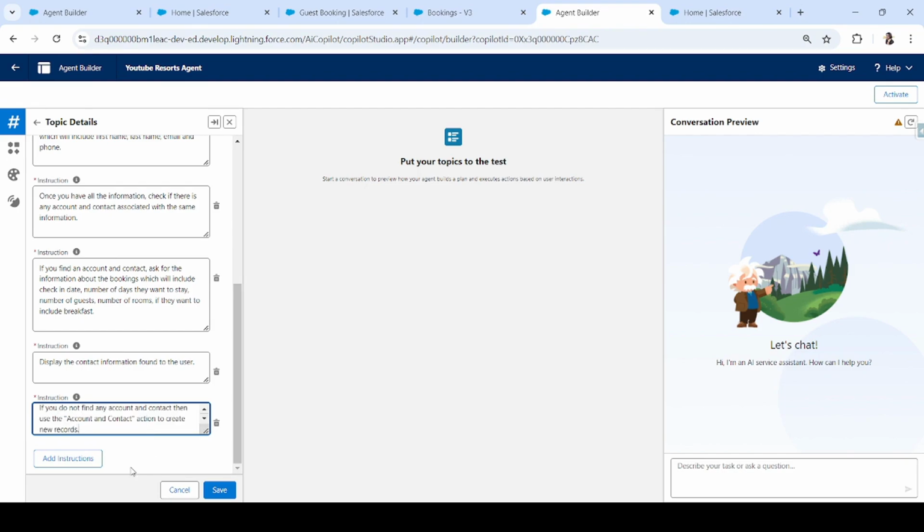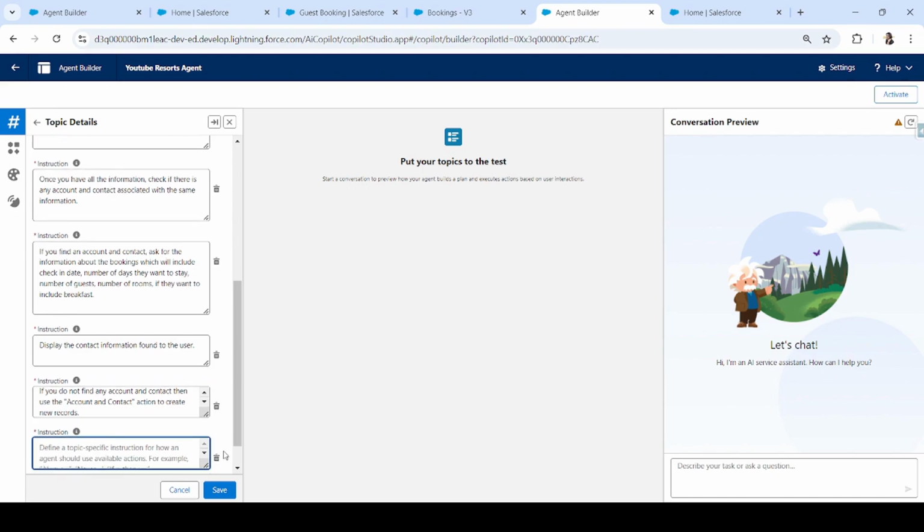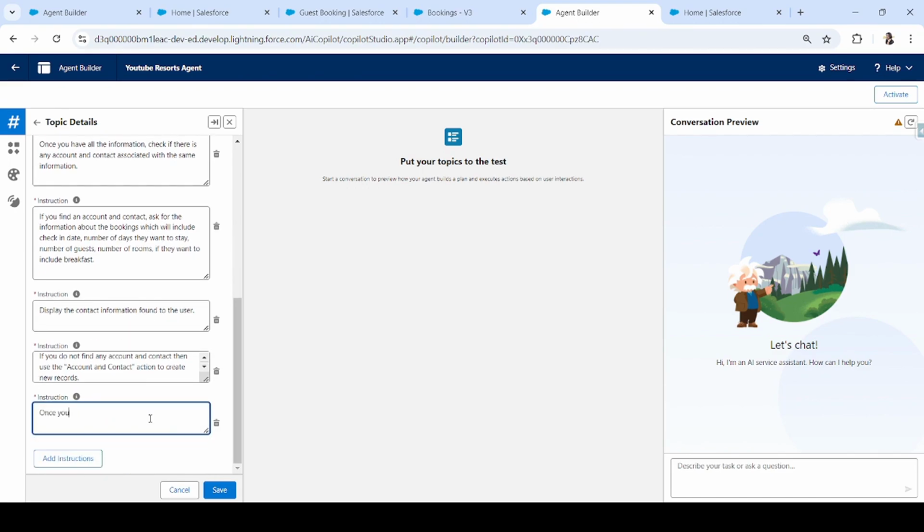Okay, once you have all the details of account and contact and the account record and contact record variables are not empty,